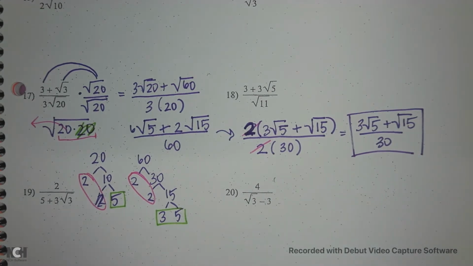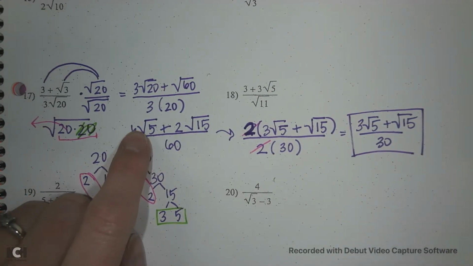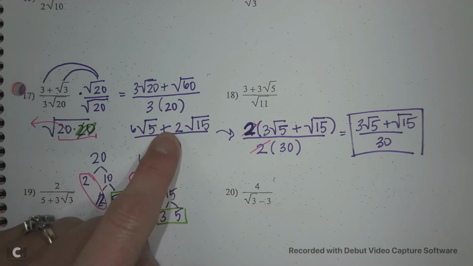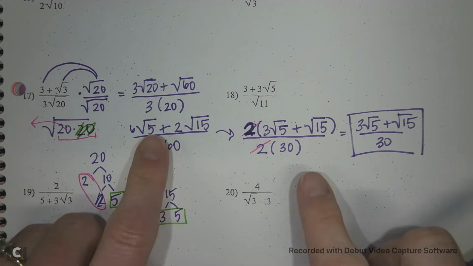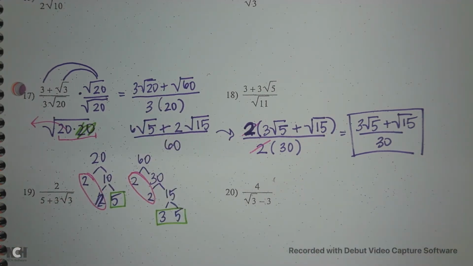Okay? You can only reduce your radicals if you have a number in each of your radicals and they're adding together. If they're not adding together, then you just look at your leading coefficient and your denominator, but when they are adding together, you have to look at each of the pieces individually. Okay, let's look at number